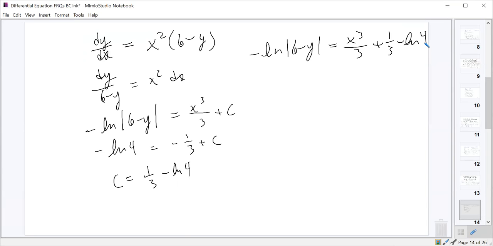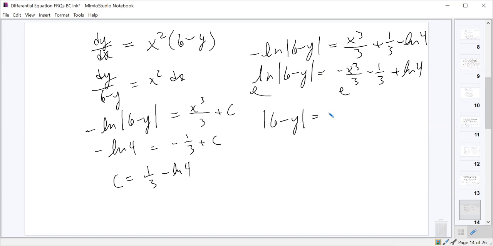So first off, we'll clear out that negative sign there. So that's going to give us natural log absolute value 6 minus y equals negative x cubed over 3 minus 1/3 plus ln 4. And we'll exponentiate everything. Gives us 4e to the negative x cubed over 3 minus 1/3. If you want to factor out a negative 1/3 from that, you can. Clearing off the absolute value,